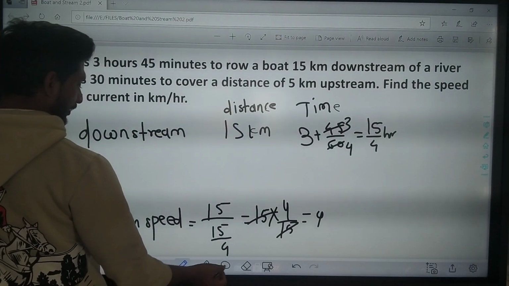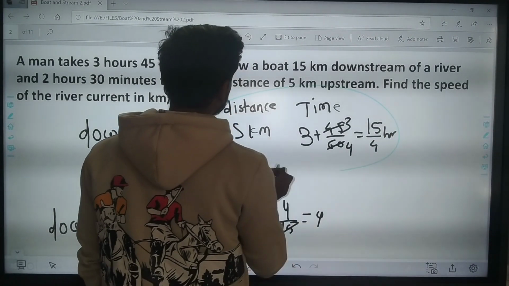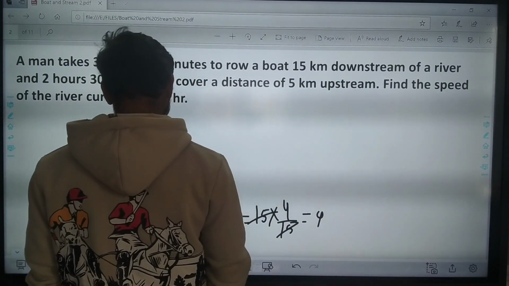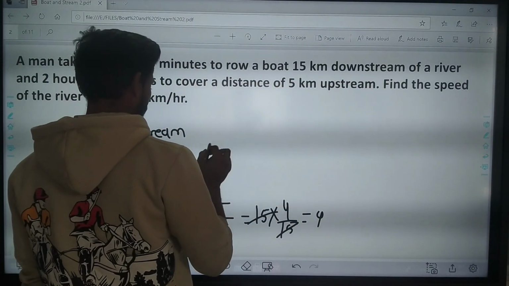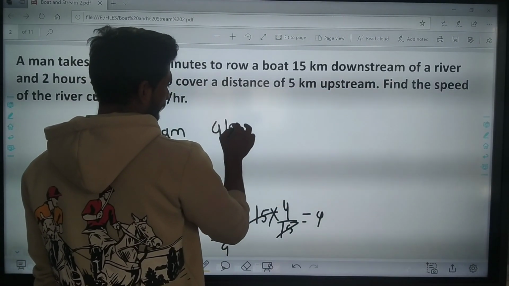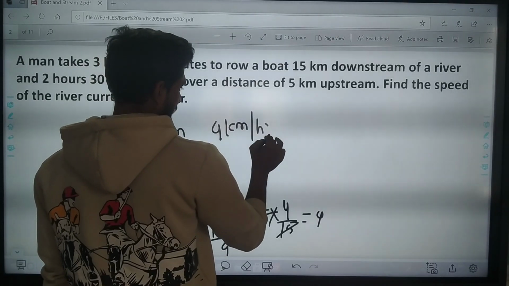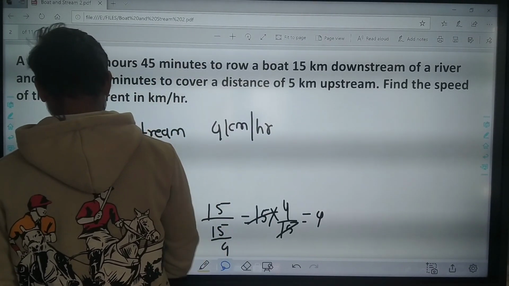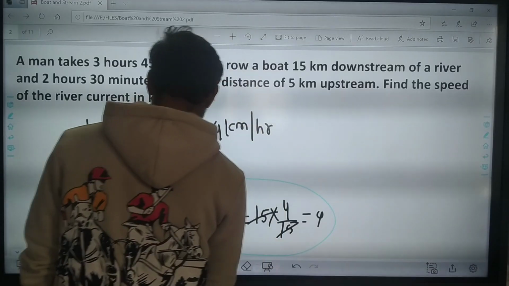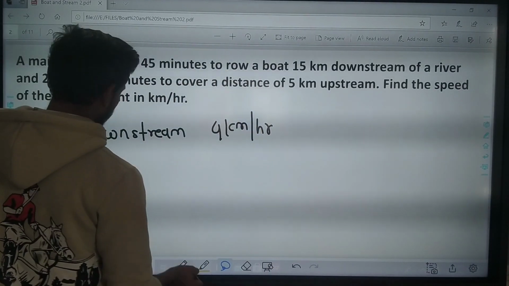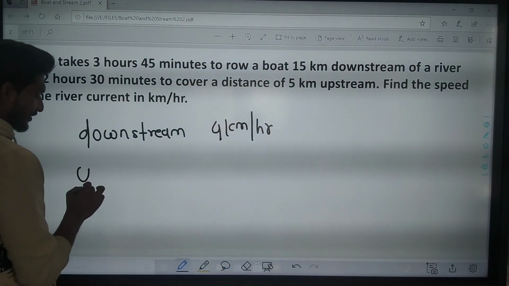Downstream speed of the boat is 4 km per hour. Then we find the upstream speed. Upstream speed is equal to